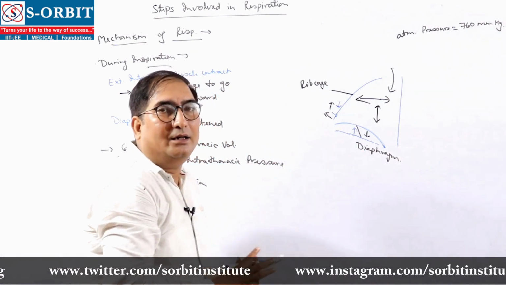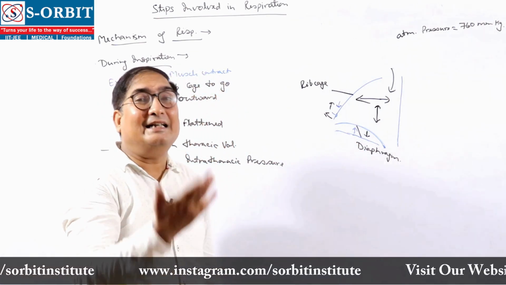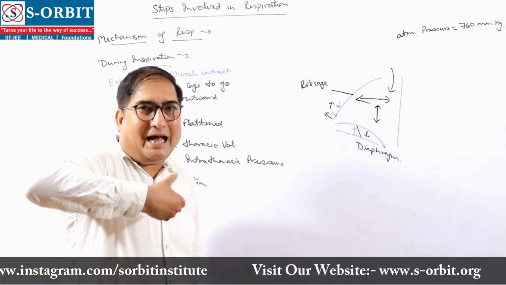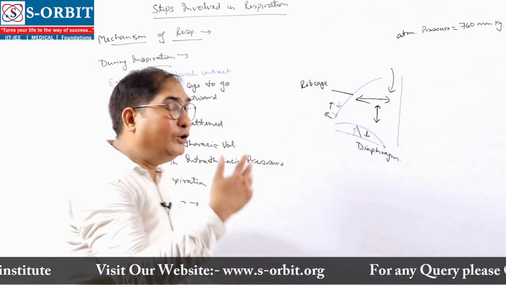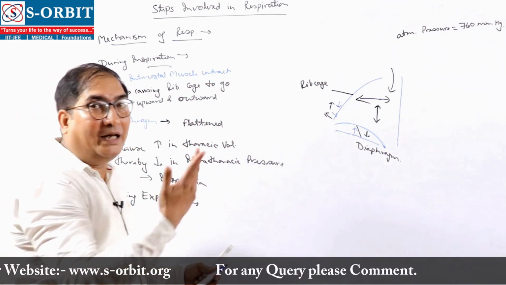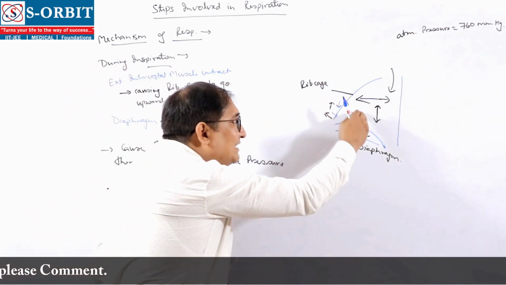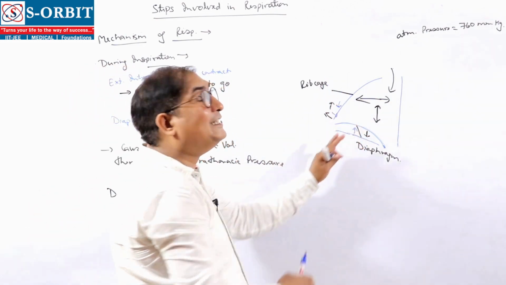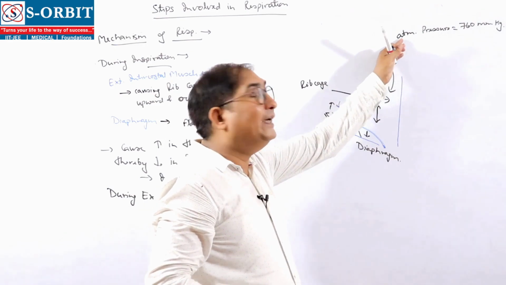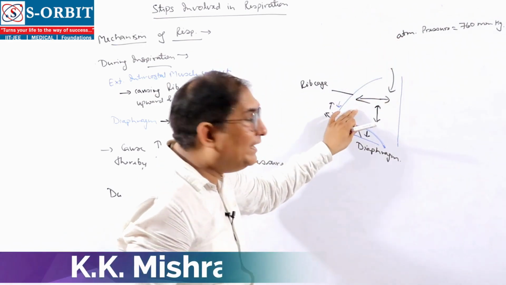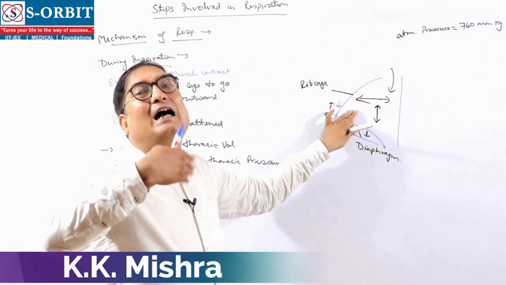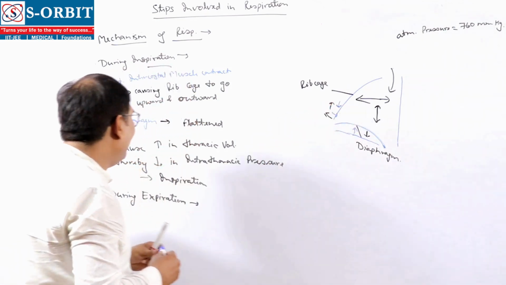So the thoracic volume again decreases in the anteroposterior axis. As the thoracic volume decreases, what happens? The intrathoracic pressure increases, and as it exceeds atmospheric pressure, the air from the lung is breathed out or exhaled. This is the mechanism of